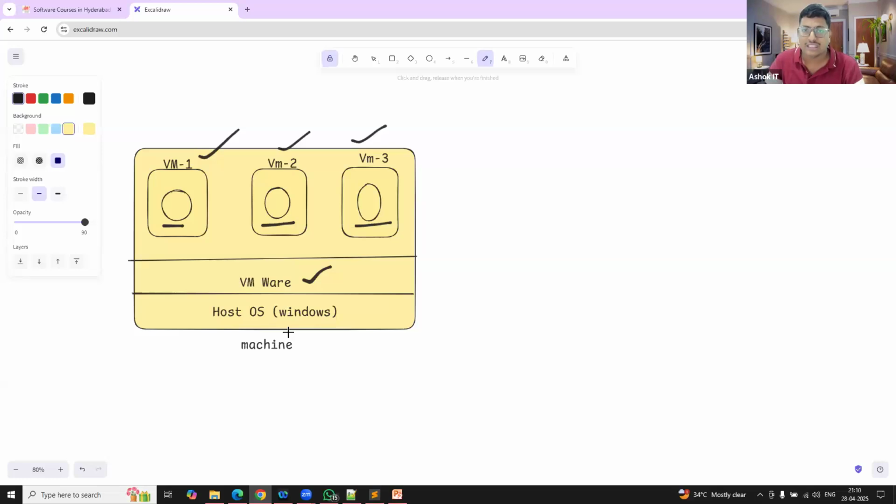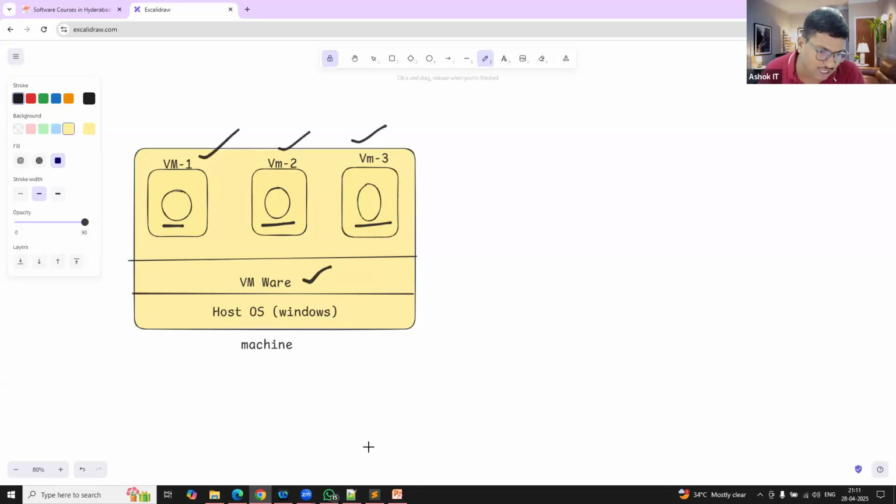Then what will they do? They will set up VMware. Using that VMware, they will create 3 virtual machines. In those 3 virtual machines, 3 operating systems will be available. Install all the softwares, then deploy the application. So if you set up 3 VMs in a single machine, the load on the machine will increase. Your system will become dead slow. So this is another problem when we go for virtualization without Docker.